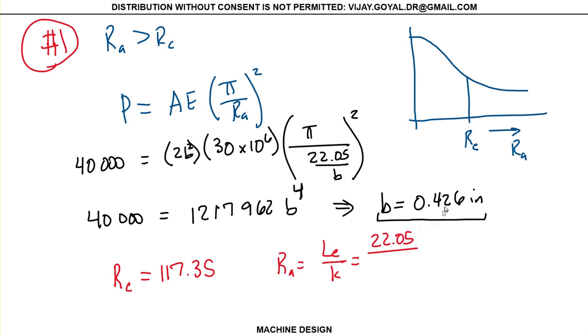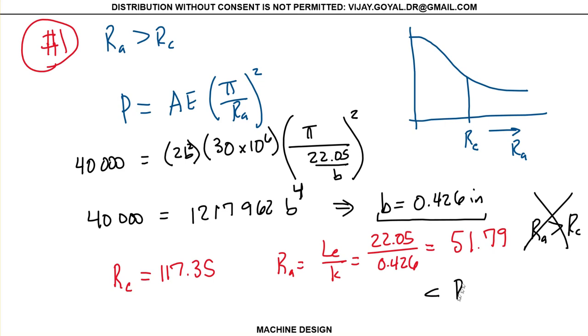22.05 divided by 0.426, and that would give you a value of 51.79. Note that this value contradicts my assumption. So this is not correct, and actually my actual slenderness ratio is bound by these values,